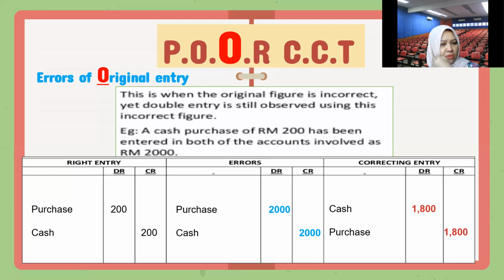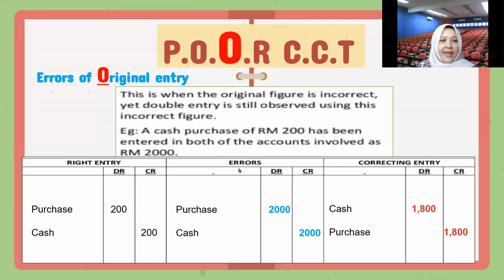If you record it wrongly, you just add. If you record it as 20 here, 20 here for purchase or 20 for cash, you just put the same double entry, purchase here, cash here, but you have to add more so that you can get back to 200 as your right entry. Okay, I hope you understand this. It's okay. Later on, we will do some exercises so that you get a better understanding of these